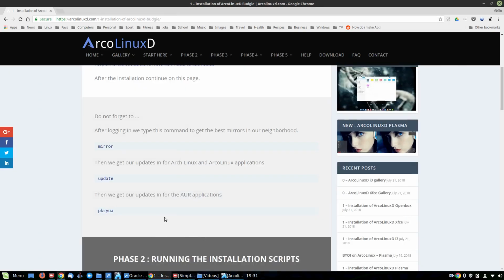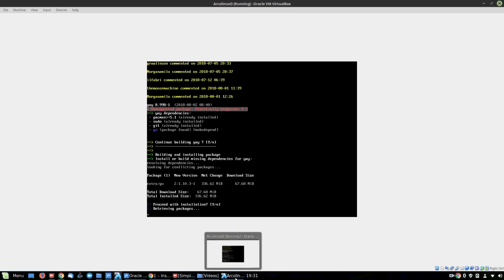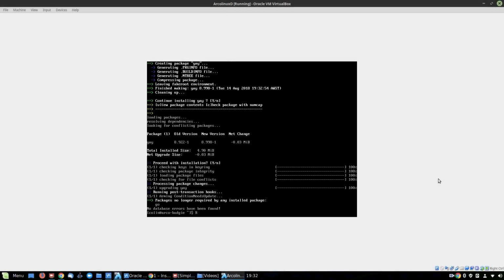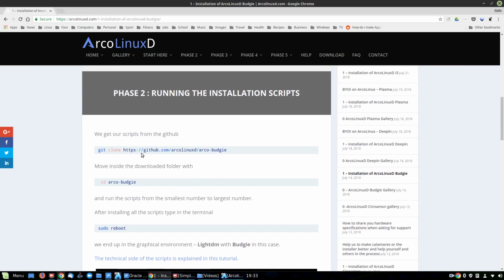So while that's updating, we'll scroll down a bit more. Now what we've got to do is git clone the ArcolinuxD Budgie info. So we'll do that next. So that's finished updating the AUR. So our next point of call is the git clone. So we need to do a git clone